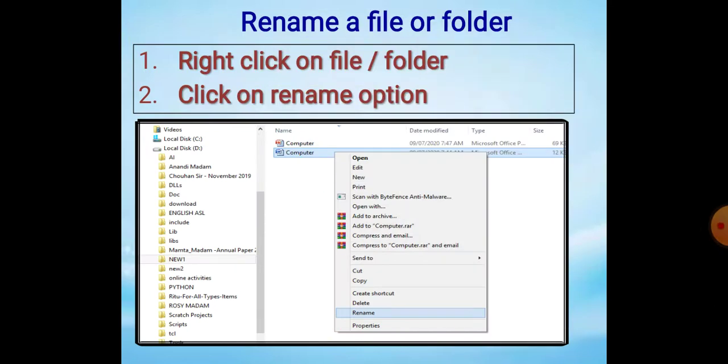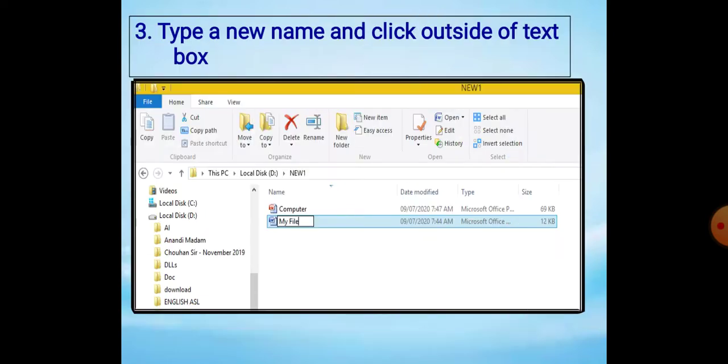Next, for a file we are using, if you want to rename it, we don't want the previous name, we want to give the new name, then we will use a rename option. हम rename option use करेंगे. For that, go to the file or folder whose name you want to change. Right click on it. You will see there is a rename option. आप rename option पे click कर दीजिए, and then again you will see that text box will open. Erase the previous name and type the new name. After typing the new name, click outside of the text box and the file will be saved with the new name. So this way we will rename the file or folder.